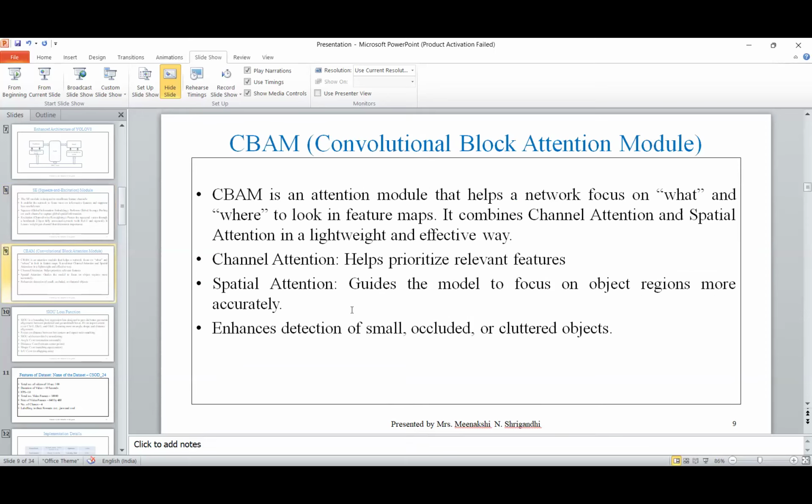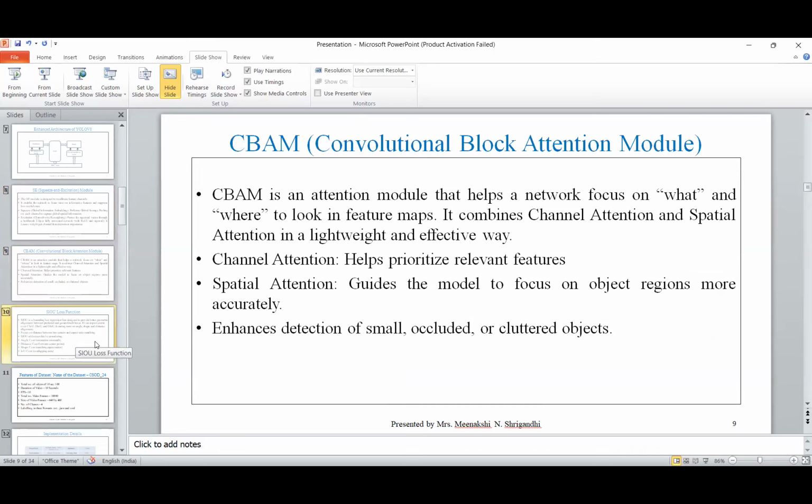CBAM is nothing but the convolutional block attention module. It is an attention module that helps a network focus on where and what to look in the feature maps. It combines the channel attention and the spatial attention in a lightweight and effective way. The channel attention helps prioritize the relevant features, whereas spatial attention guides the model to focus on object regions